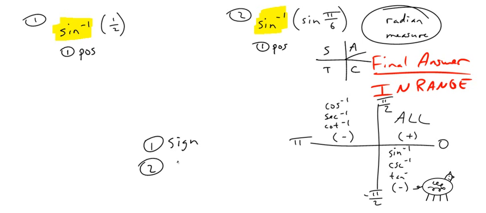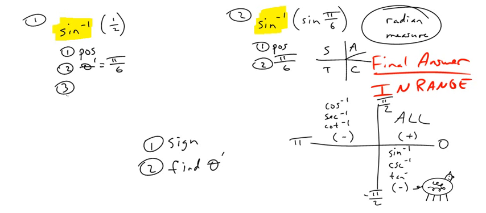You want to find the reference angle. Now for the first one, that's a little more challenging because you have to say, gee, the sine of what is 1/2? Okay, you got to find that reference angle. So the sine of pi over 6 is 1/2, so that's theta prime equals pi over 6. And with the second problem, that's actually easy because you just look at that bottom number and you say, oh, gee, pi over 6. There we go, pi over 6. And the third step for all these